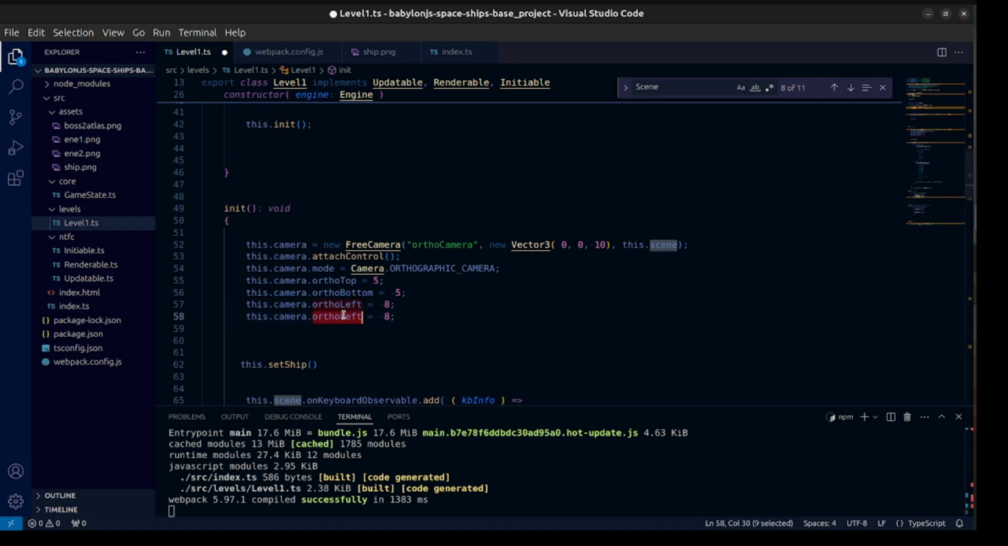So in the same way to the right, ortho right, and I need 8 units. Okay,